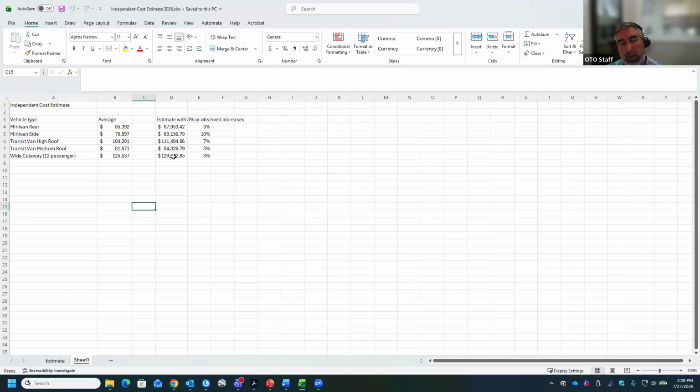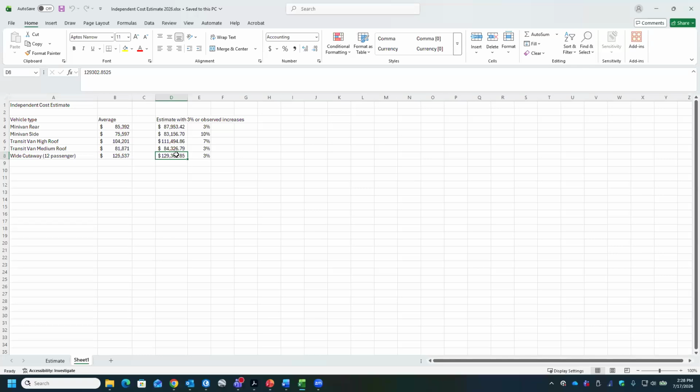So, yes, and then if you have a certain vehicle type you're looking for, let me know, and I'll keep monitoring. I know the white cutaway buses, Motor just had a bid out, so they might have newer pricing till it's ready. But I would go almost at least with those numbers, not even a little bit more. I always think it's better to plan with higher pricing, and then when it comes in lower, you don't have to go back and ask for more funding. Then you have a safe cost saving later.